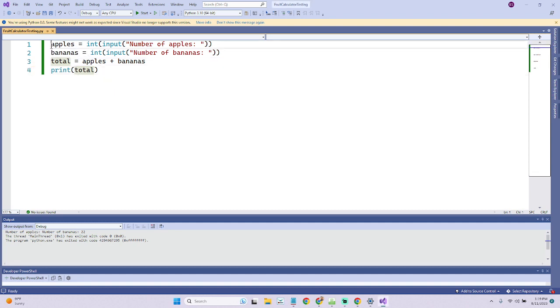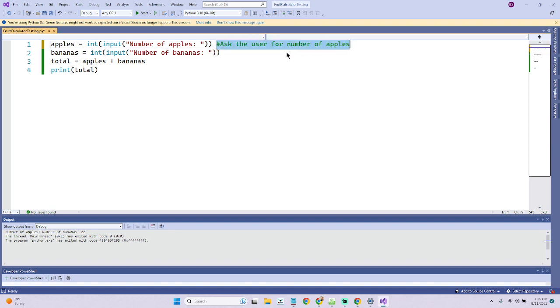So inside of our script, it's really helpful to write some comments. So let's put a comment here at the end of the line. Because it's not at the beginning, it doesn't turn off the code that follows it. So because it's at the end of the line, we can put that comment here. Ask the user for number of apples,